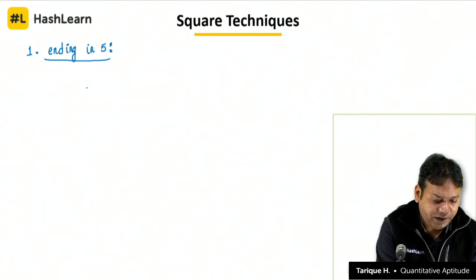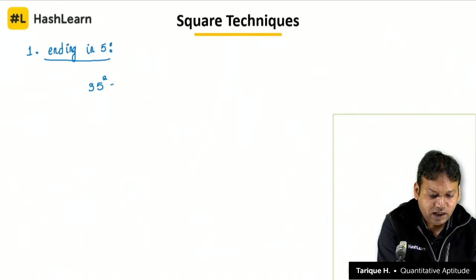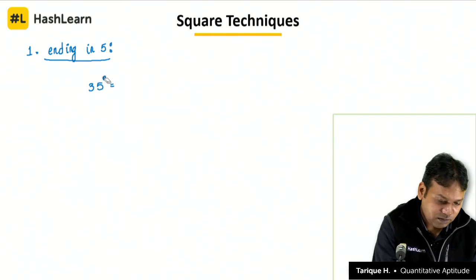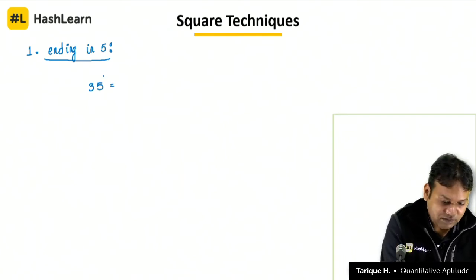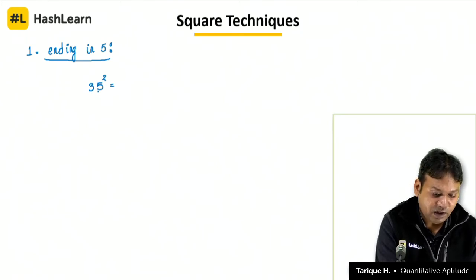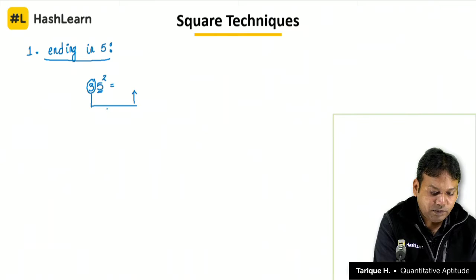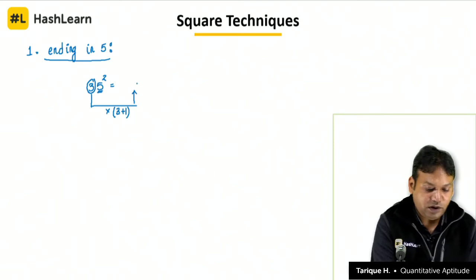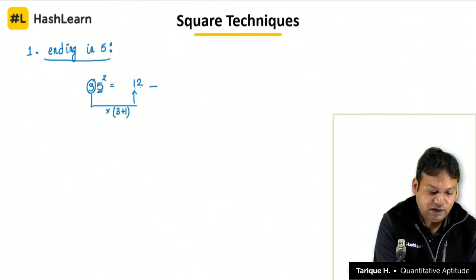What is this technique? Let us say I am finding out the square of 35. To find out the answer in one step, 35 square, let me just correct this number here on top. So 35 square is equal to, now how much will it be equal to? Let us see. The direct method is, if a number is ending in 5, you take the number on the left hand side and multiply it with the next number, that is 3 plus 1. Multiply 3 with 3 plus 1, 3 plus 1 is 4. So 3 into 4 is 12, and then we write down 5 square, 5 square is 25, so the answer becomes